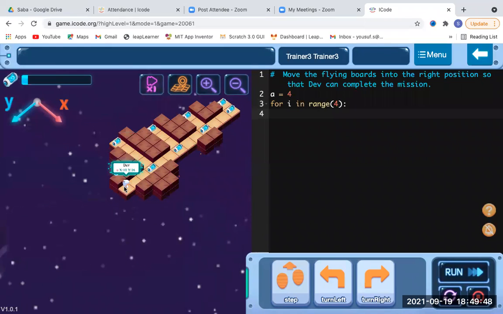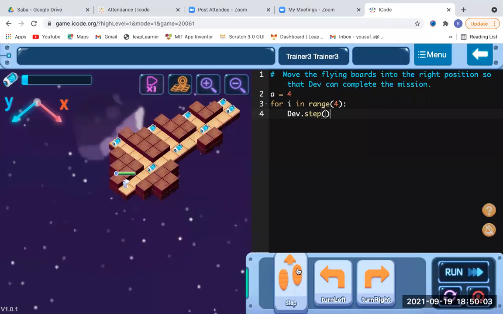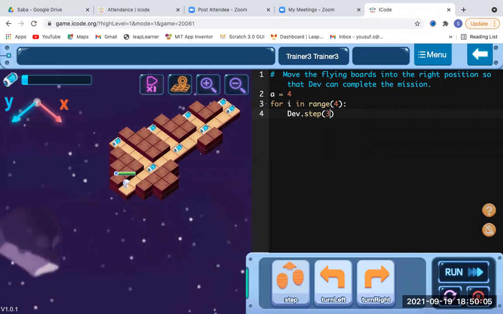As I told, Dave has to take 3 steps to go ahead, 1 2 3. All these steps have to be equipped on the distance. So I'll tap on the Dave step part, and it should be 3.